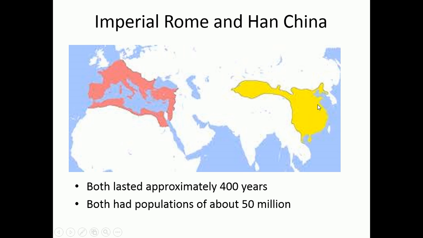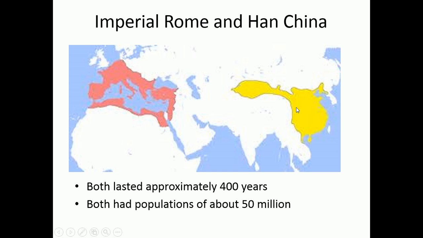Here you see the Han Empire, and up in the north, if you'll recall, the Bronze Age civilization of the Shang and Zhou dynasties were set up along the Yellow River. By this dynasty, the Han Dynasty, China had expanded its reach way to the south, and they actually controlled the Yangtze River Valley and the rice growing areas, which was a really great help for their agricultural productivity. And they also have this funny finger that reaches out into Central Asia.